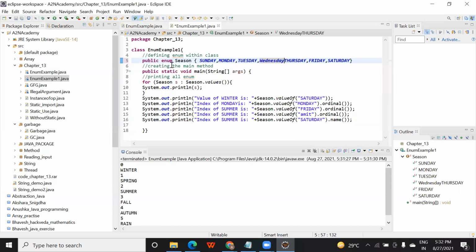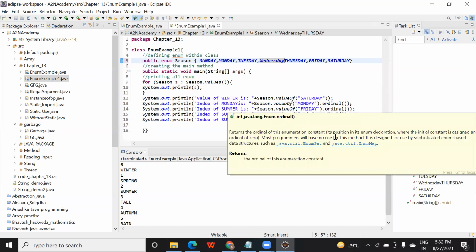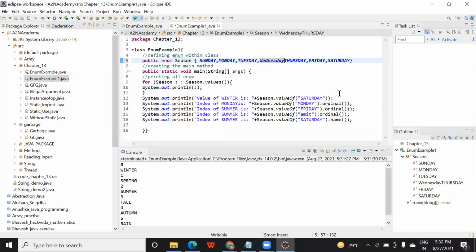So here also I created an enum data type as Season, and then in my main function with the help of a for loop I'm printing it. Once I print that, I'm finding out the order and the name. So there are several functions of this enum data type. If they ask you in the MTA exam, they will only ask you how you declare the enum data type.